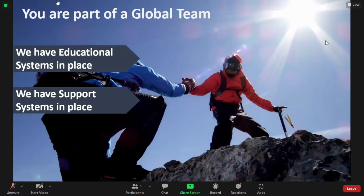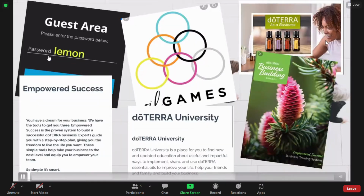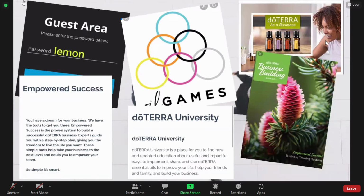Right, so what we have in place, I'm just now giving you a brief glimpse of, don't feel overwhelmed. You don't have to do all of this in one day, but these are great resources. We have a team resource site with everything you need to build this business. If you don't have an active upline,